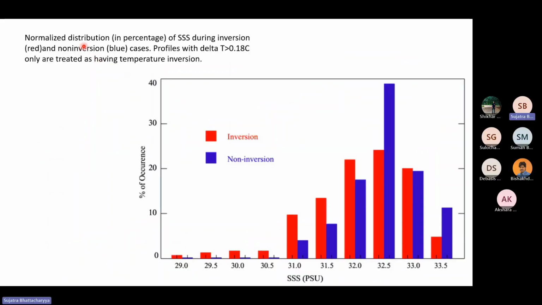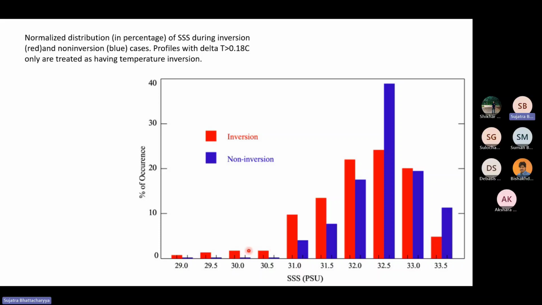Now we come to what causes this inversion in the first place. So here we have plotted the normalized distribution of SSS, which is sea surface salinity, with the percentage of occurrence of the inversions. And the red color here indicates the profiles with inversion, and the blue color indicates the profiles without inversion. So you can clearly see wherever there is strong salinity stratification, and by strong I mean less than 31 PSU of the surface salinity,